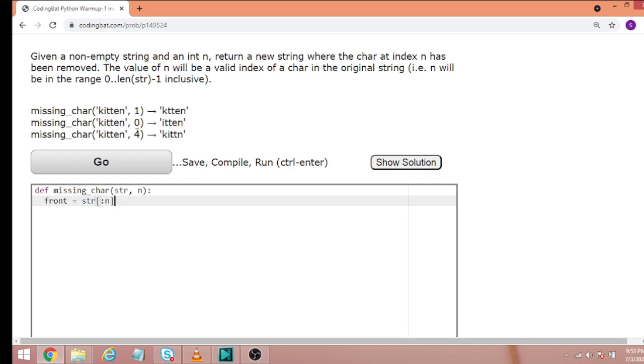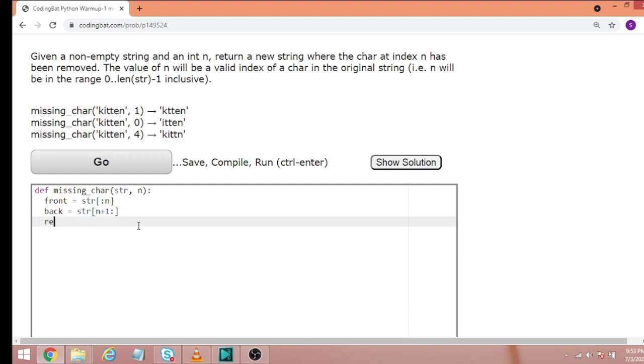Here n is 4, and the 4th index element is e, so we will be slicing from k to t. This kitt will be coming. And back is equal to str from n plus 1. It will be fetching from n plus 1 till the end of the string.